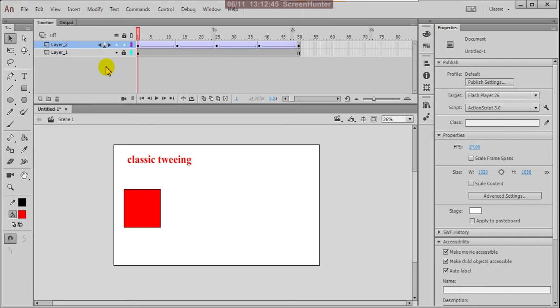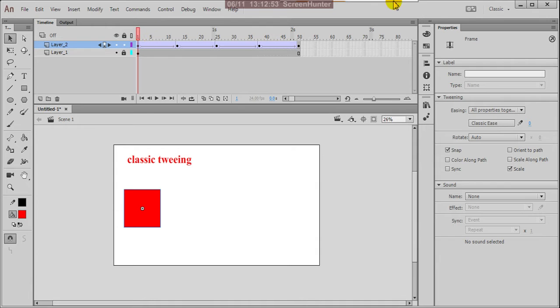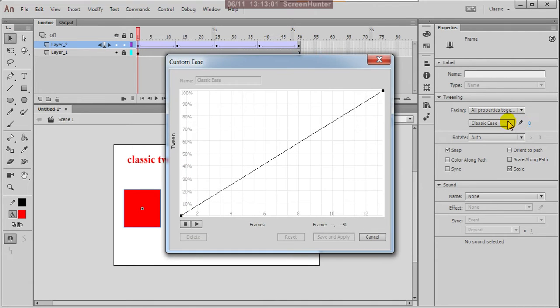Here is one more thing you have to understand. In the properties panel, if you observe, there is a pencil-type image. You can click on that. The custom easing is there.